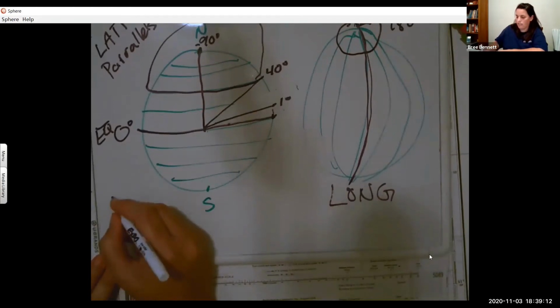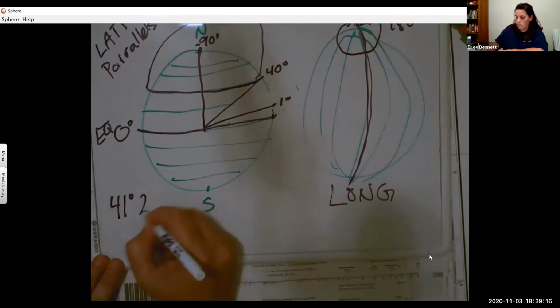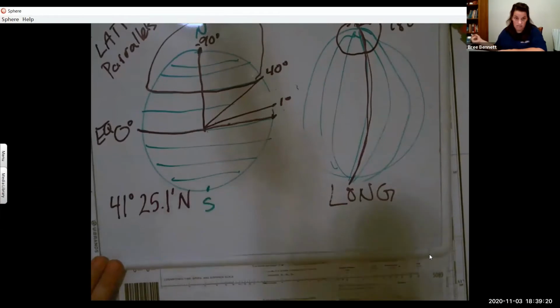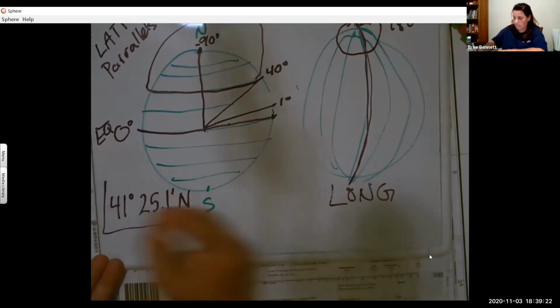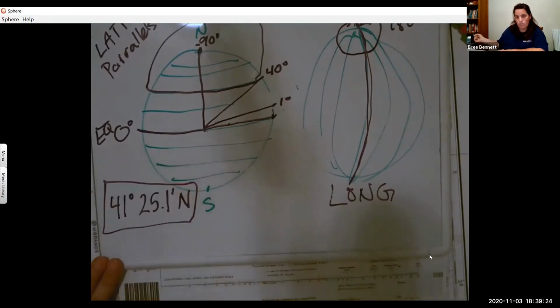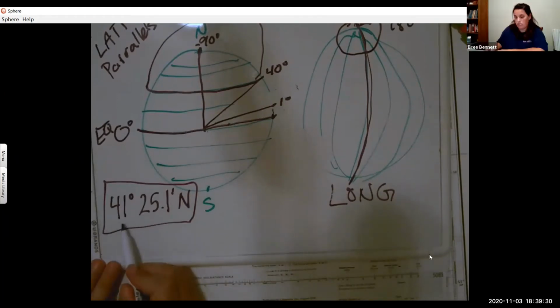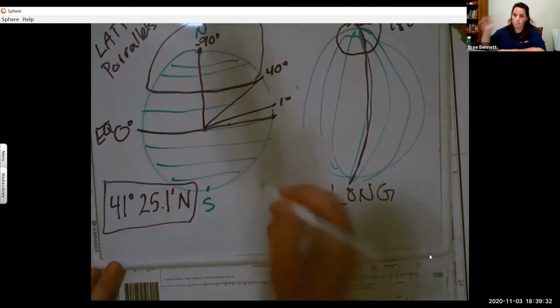We're at like 41 degrees, 25.1 minutes north. Does everyone recognize how I wrote that out? I do not. Okay, so our latitude, I guess back to